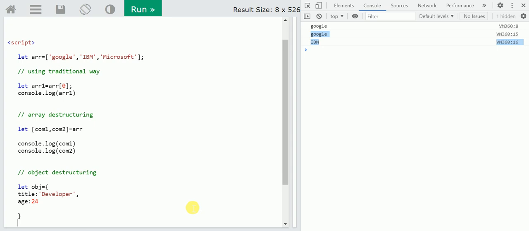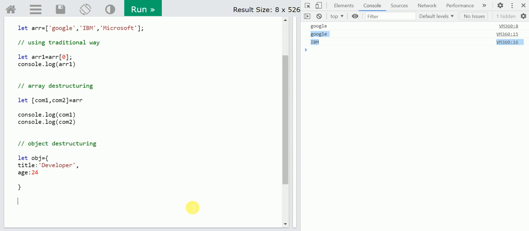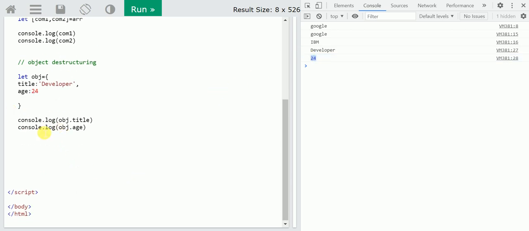How to access this object value in console.log? The traditional way is console.log with obj.title and obj.age, we can access these values. Now just clear this, and here you can see developer and 24. So this is the traditional way.